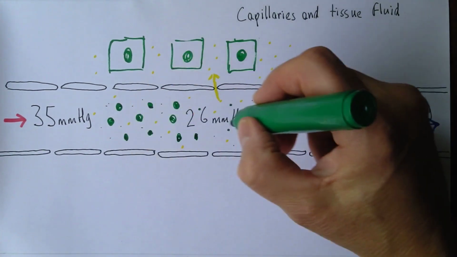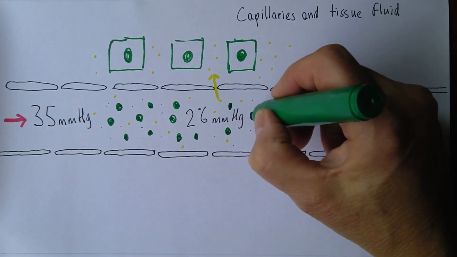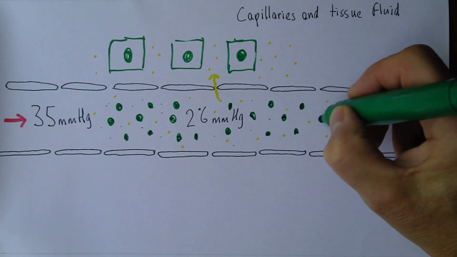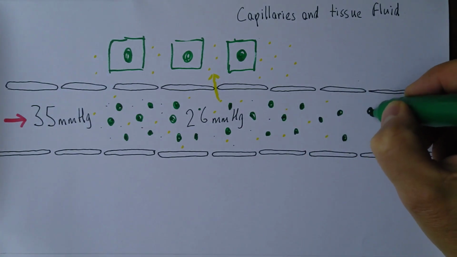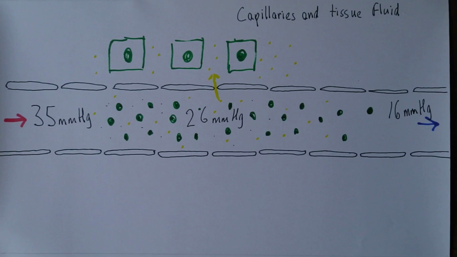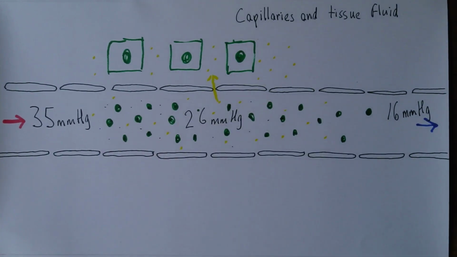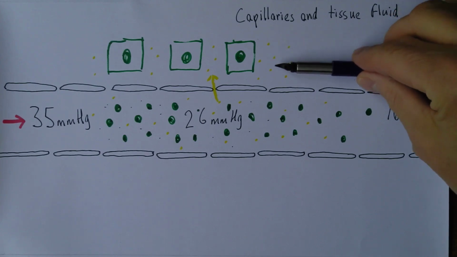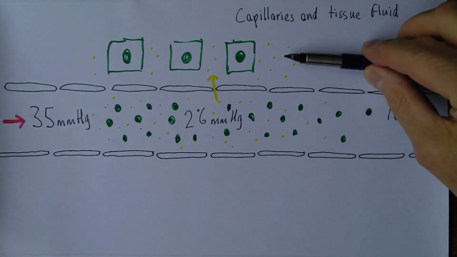Now we'll see later that small amounts of plasma protein do escape. They're not really supposed to, but they do. But for now, let's just say that these are retained within the plasma, within the blood, within the intravascular compartment. Now, some people say there are slight hydrostatic pressures, fluid pressures in the tissue fluid, but it's way smaller than